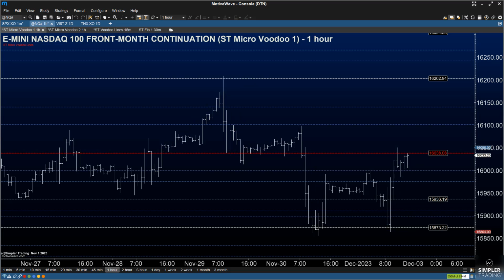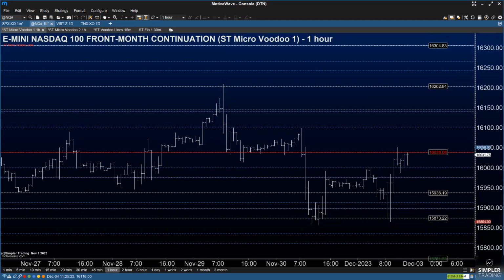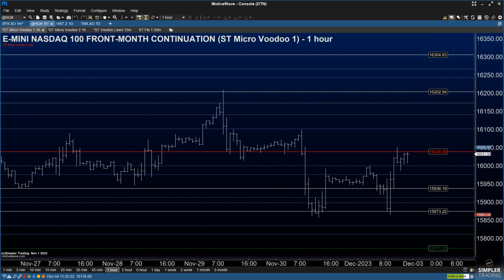So as we start next week, I'm going to pay attention in the NAS futures to this 16,038 level, right? Now, which side it chooses to stay on may dictate which of these snow line levels to visit next. And so you can just come in and note them here. Note the 16,038. Note that above, right, we've got 16,202 or closer to 203,